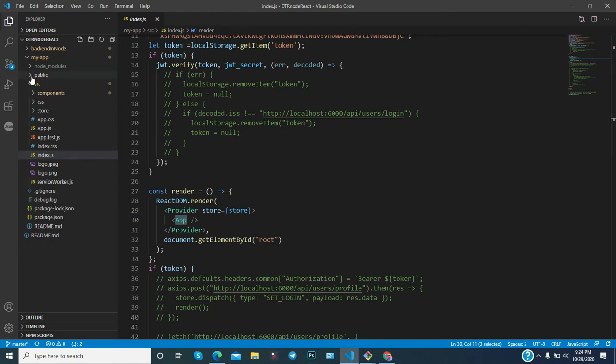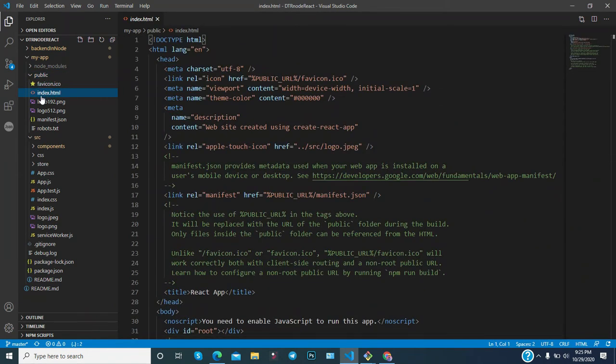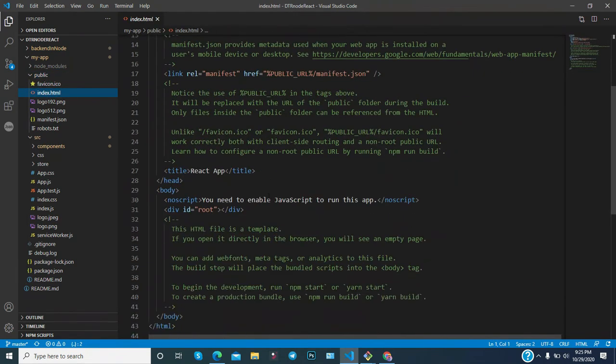In the public folder you will find one file, which is the index.html, where you can notice that there is a root. It means the entire application will get appended in the id root.